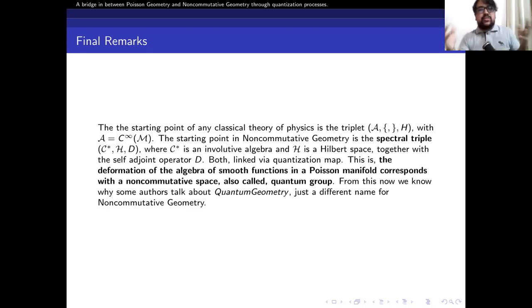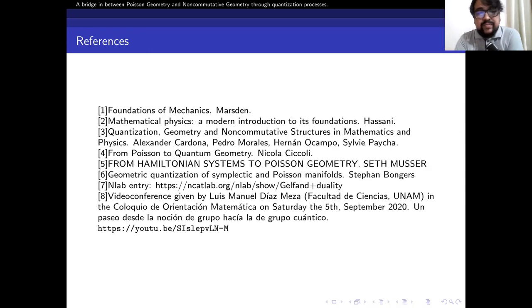And as a conclusion, we can say that the deformation of the algebra of smooth functions on a Poisson manifold corresponds with a non-commutative space, also called a quantum group. So this is the reason why some authors like to talk about quantum geometry, which is just a different name for non-commutative geometry. And well, this is the story I wanted to tell you about. Here are the references. In case you want to check in detail,